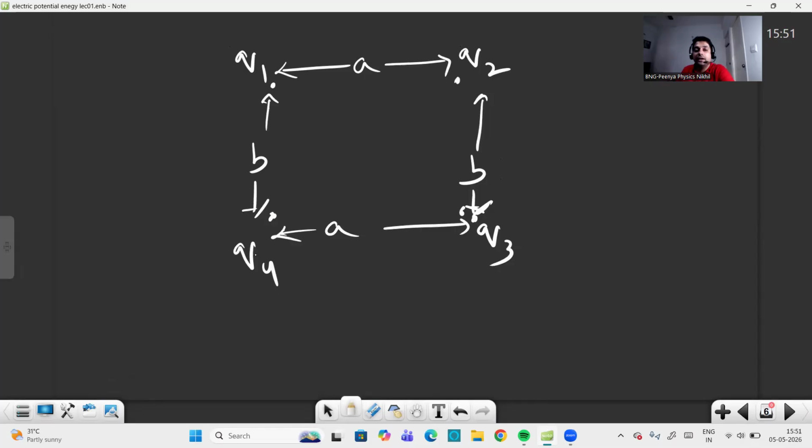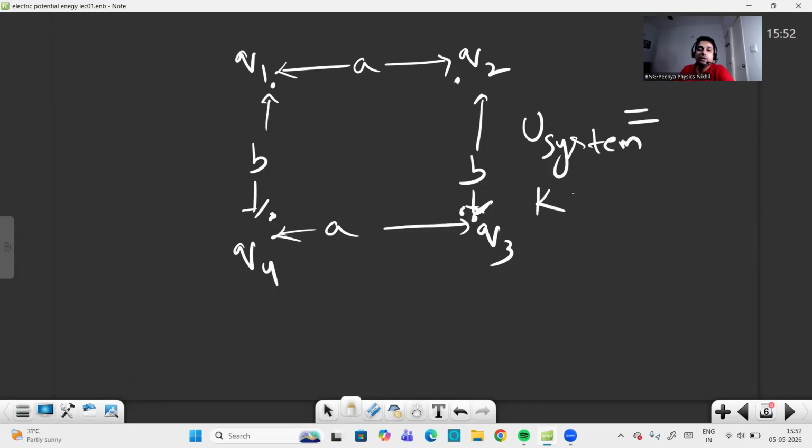So again, as I discussed with you in the last case, we have to see how many pairs are possible. Q1, Q2, one pair; Q2, Q3, another pair; Q3, Q4, another pair; Q1, Q4. So here four pairs you are seeing on the vertices. Is there any other pair? Yes. Diagonal pairs are also there, Q1, Q3 and Q2, Q4. So total system interaction energy can be written as,